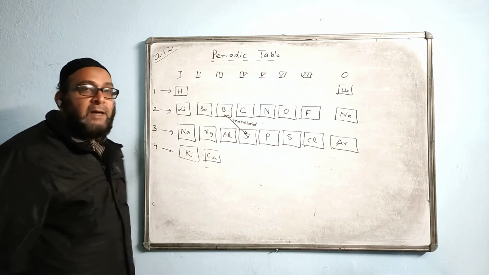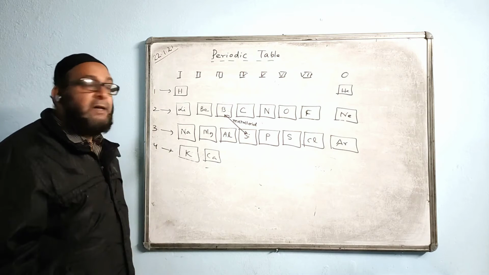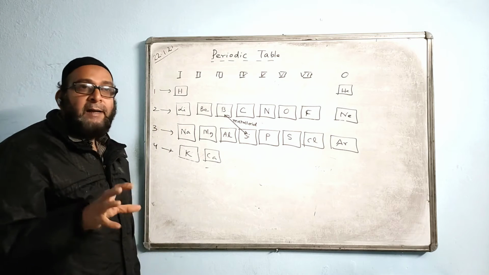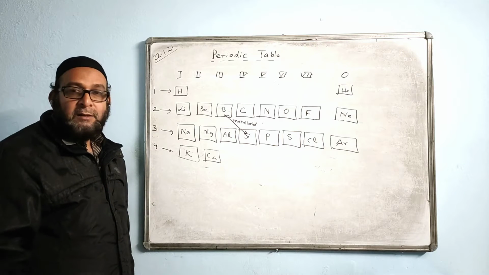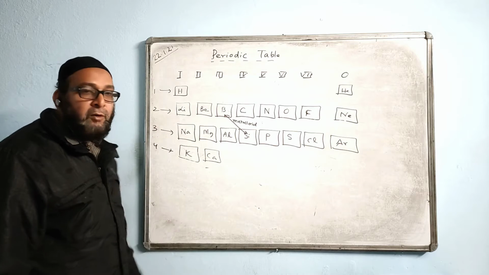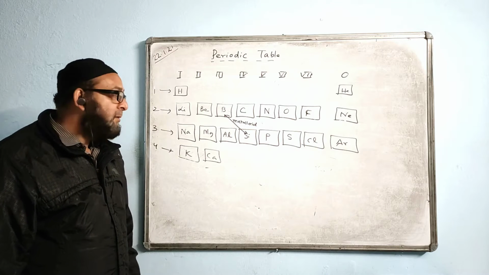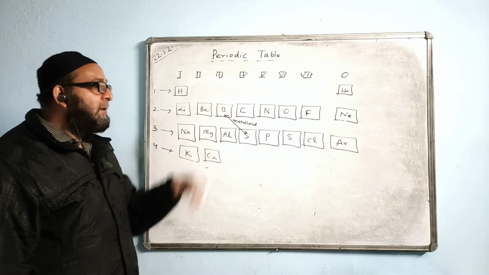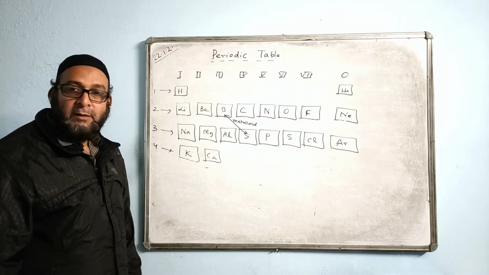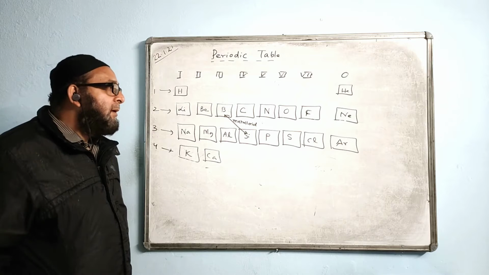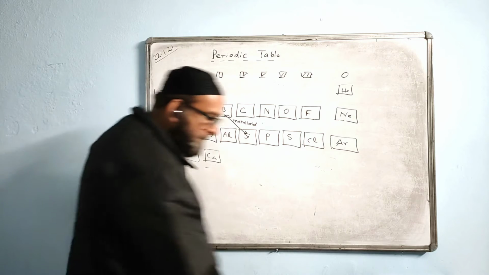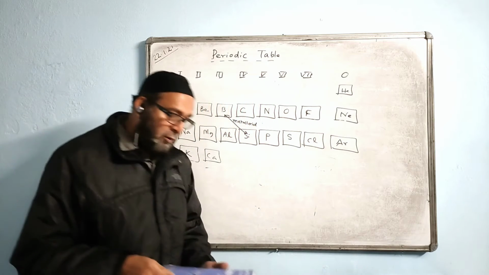And when we go down, why does the atomic size increase? Because of the increase in the number of shells. This is the one with one shell, this is the one with two shells, three shells, four shells. Definitely the atoms containing more shells will be bigger in size. That means this will be smaller than this, smaller than this, smaller, and at the bottom we will find the largest size. Okay, so they may give the question on this like X, Y, Z, A, B, C, D, and they may ask you separate questions on that. So accordingly you have to answer. Any questions you have, you want to clarify, now you can ask. Is it all clear?